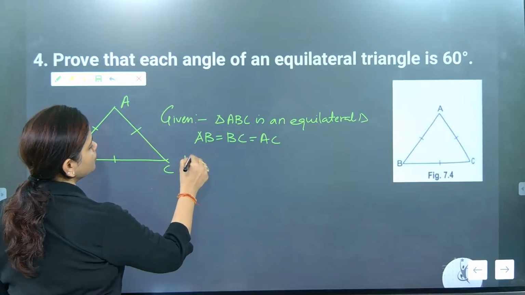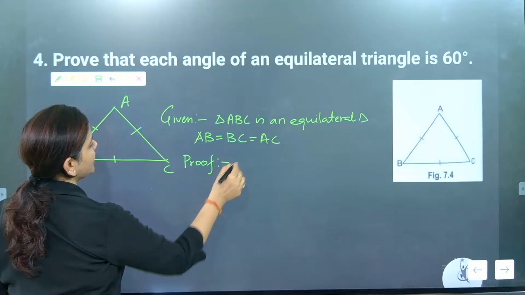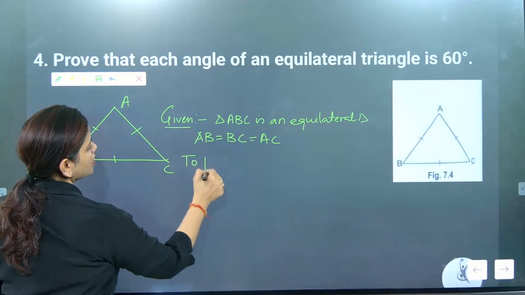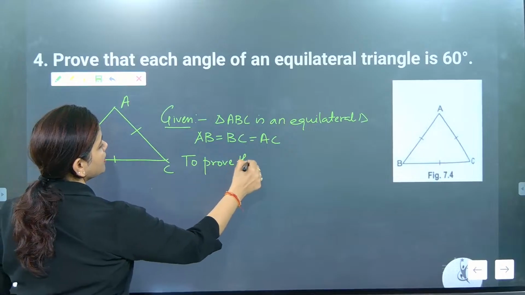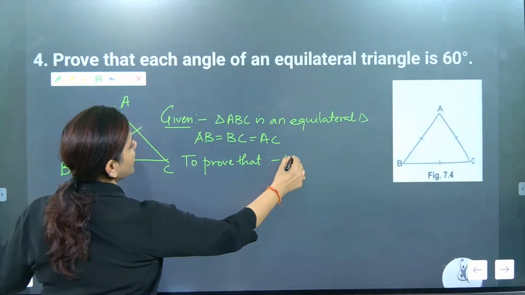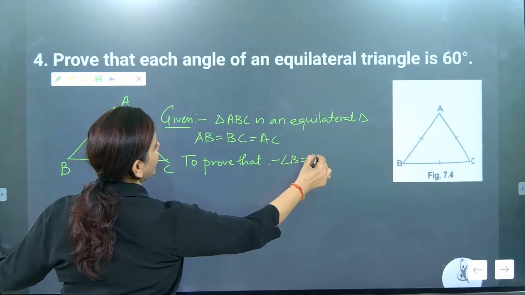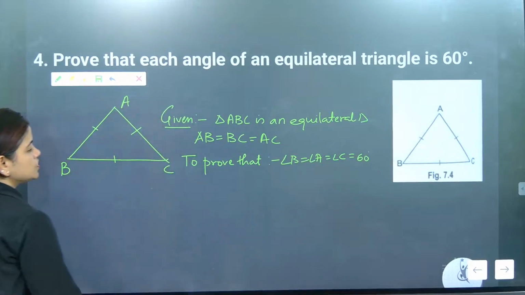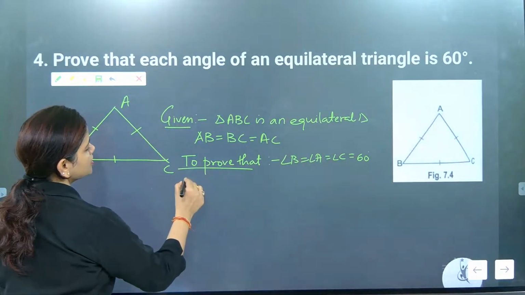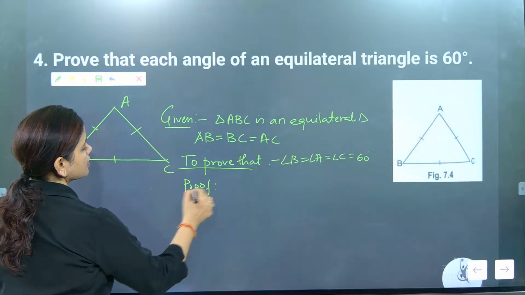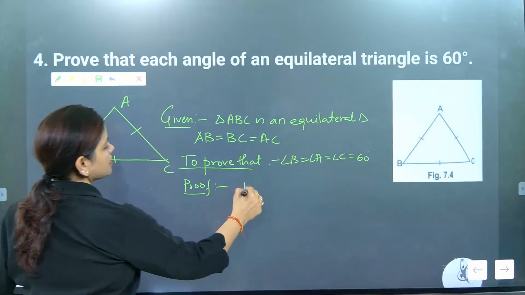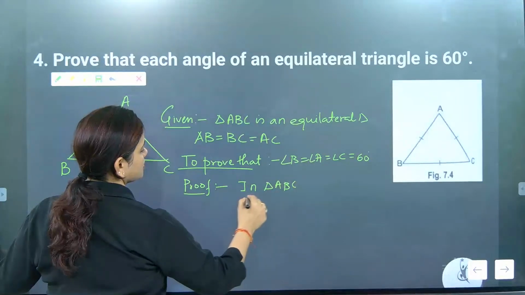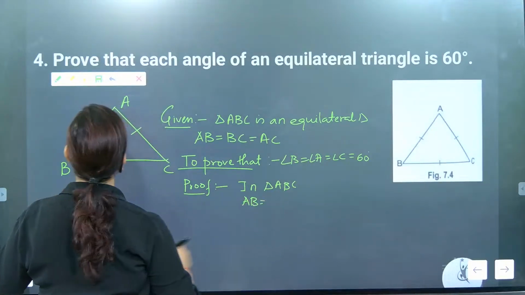Now what next are we going to do? So we will write the proof section. In proof, what we are going to write directly: to prove that, here we have to make all angles, angle A is equal to angle B is equal to angle C is equal to how much degrees? 60 degrees. This is what we need to prove. So now we will start the proof section. In proof section, in triangle ABC,